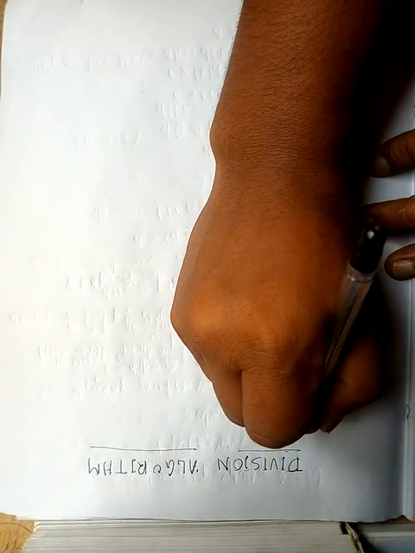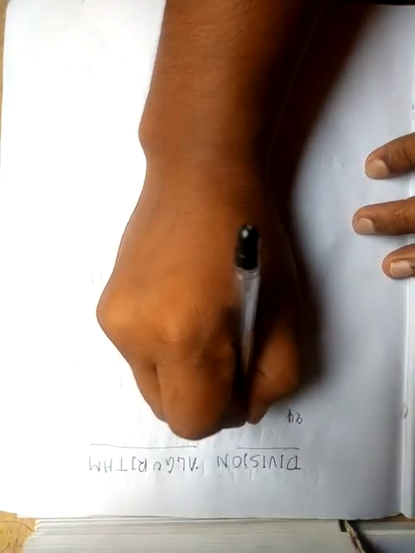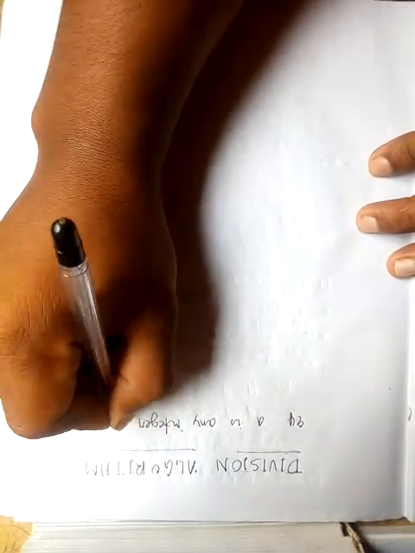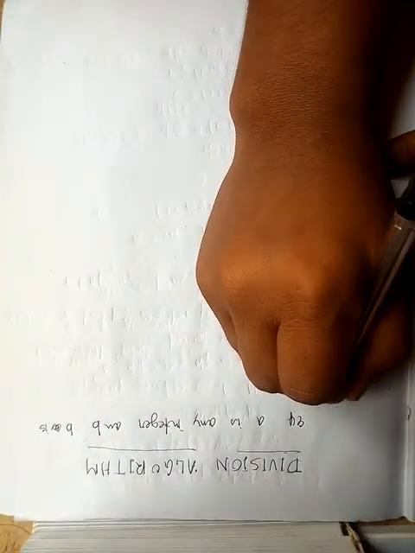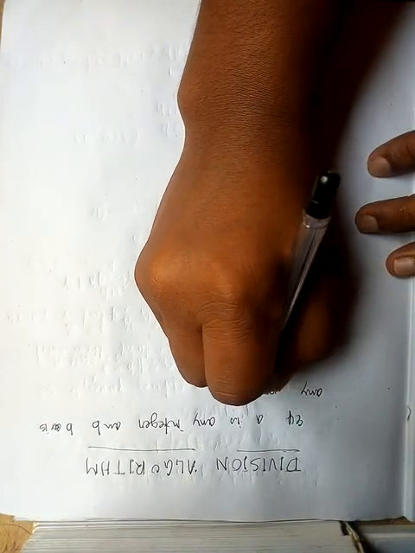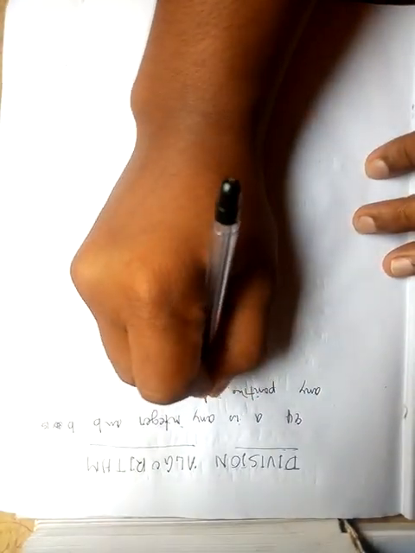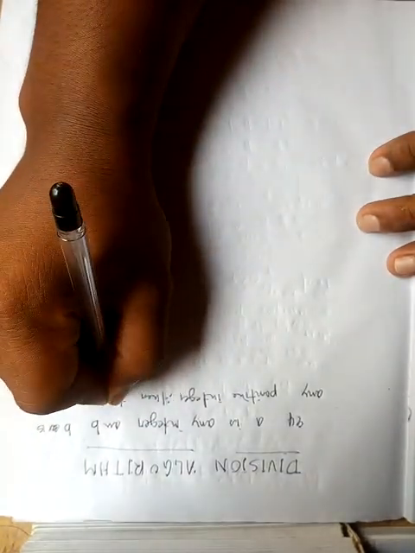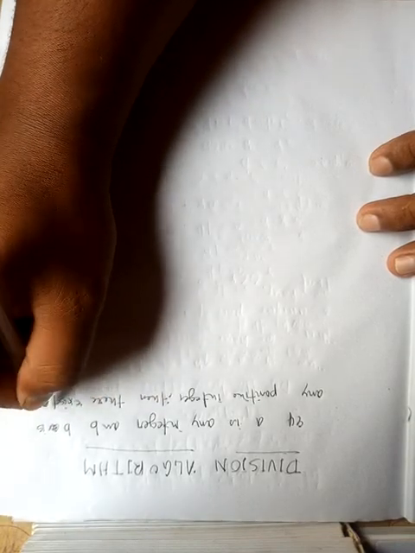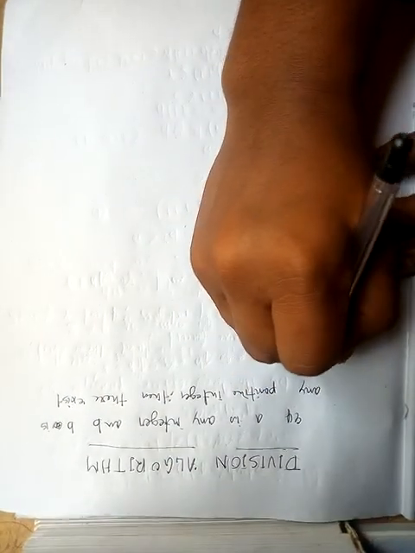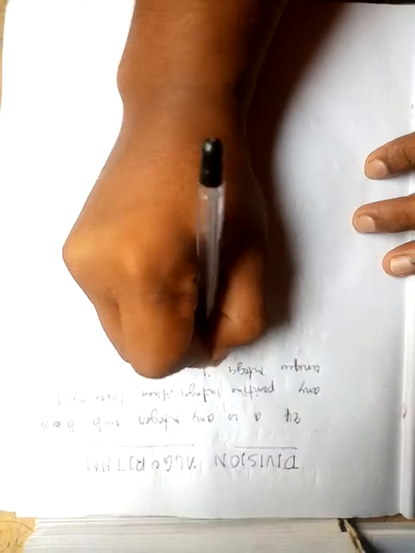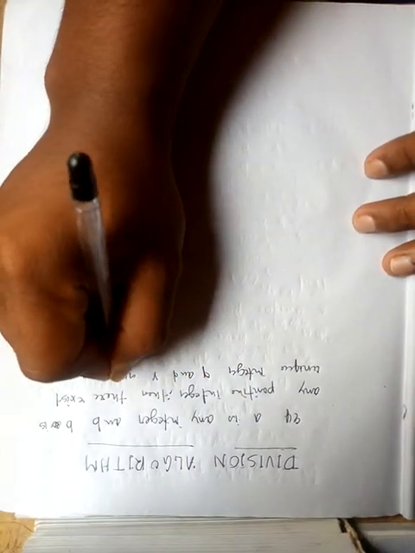Now, according to this algorithm, it says that if A is any integer and B is any positive integer, then there exists a unique integer Q and R such that